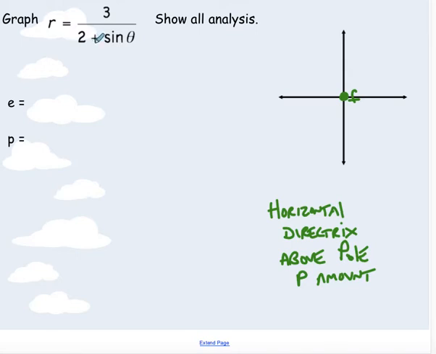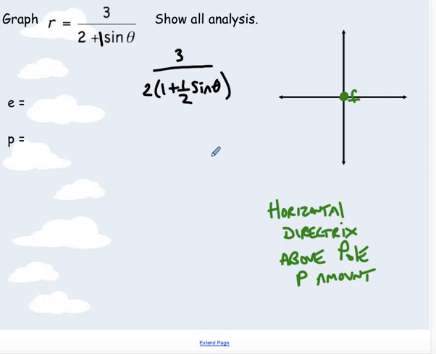I have to do it carefully. So I will factor out a 2 and I will be left with a 1 plus, and then 2 times what would give you a 1 sine theta? 2 times 1/2 would give me a 1, and then this will be